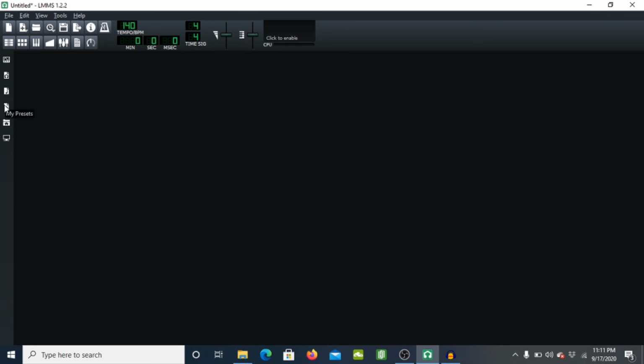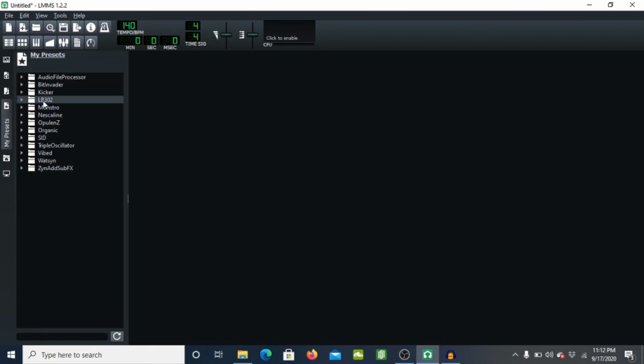And then below that is my presets, and these are also instruments that you can use. These were made using the instrument plugins mentioned before, and effects were added to create different sounding instruments. So these can also be dragged into the song editor and the beat and bassline editor.